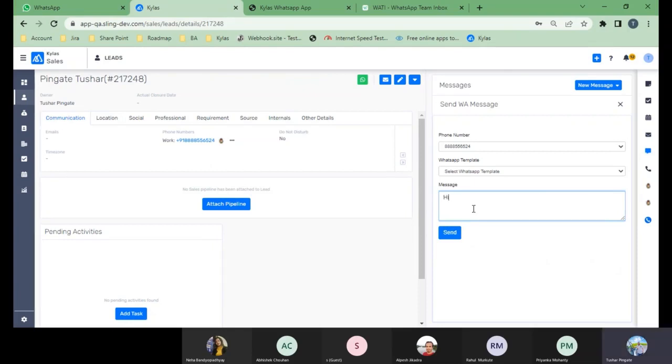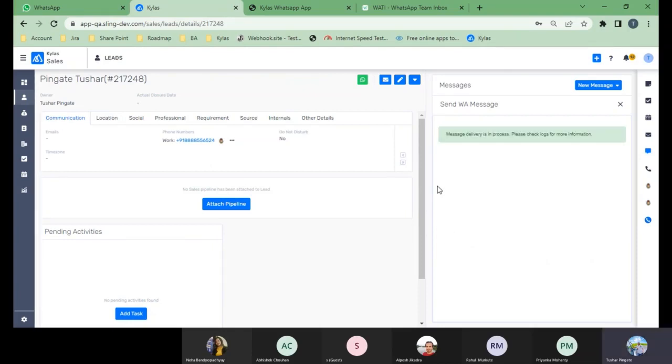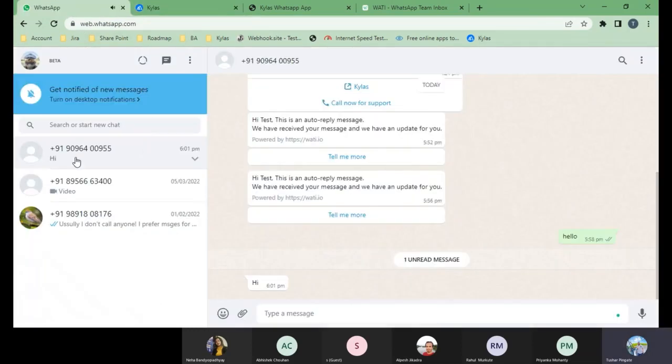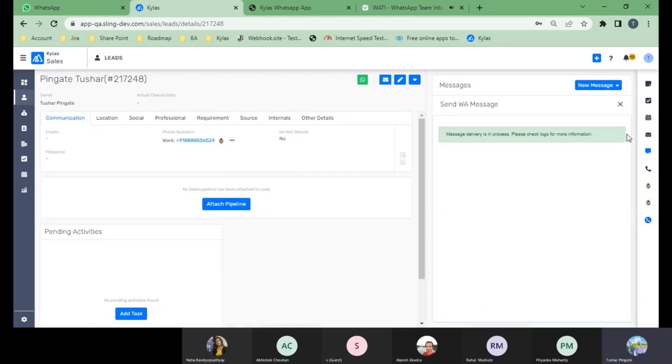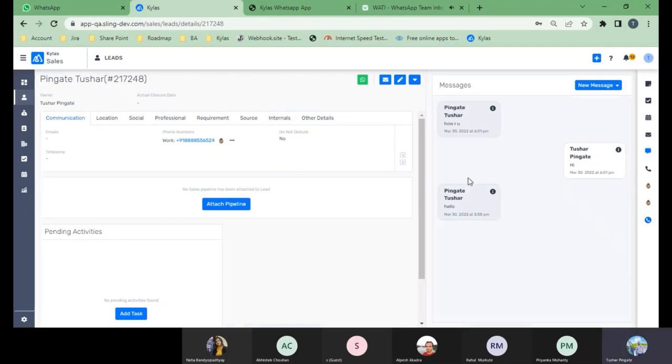So if I type any message and send it without selecting any template, I am able to send the custom message directly from Kylas to the client. Okay, and if the client replies back, I will receive the message in our productivity section. So this way